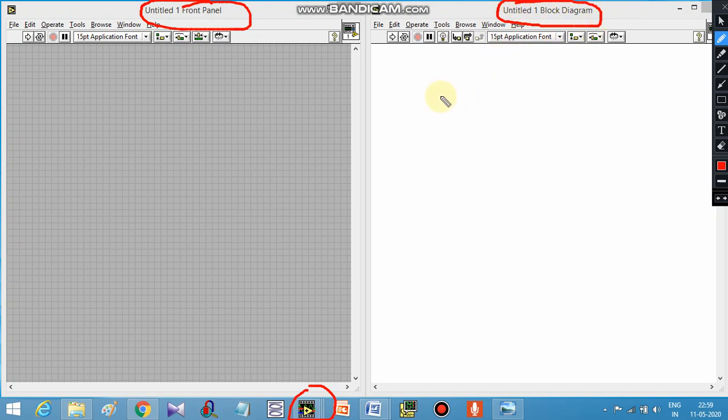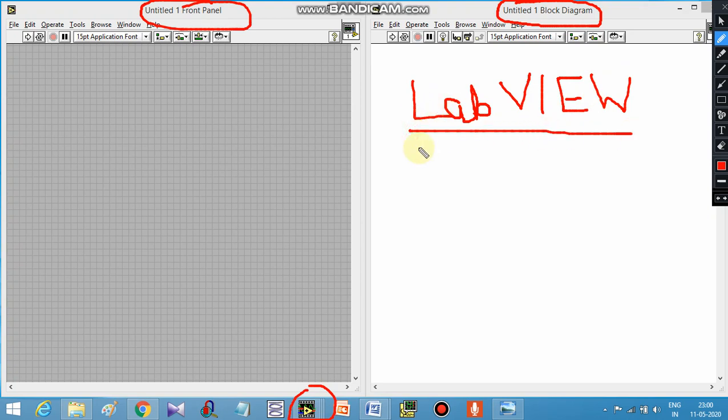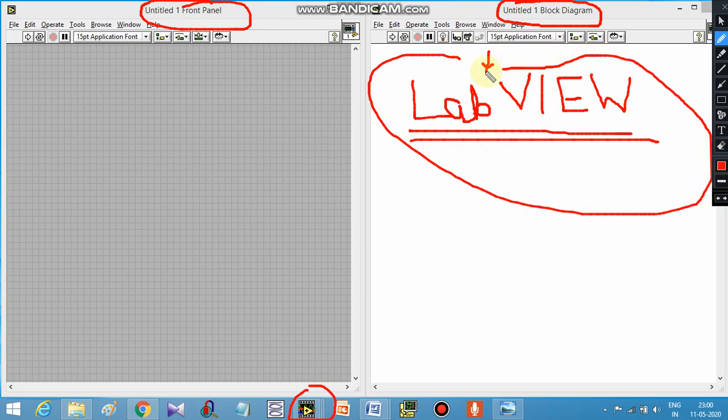First of all, install LabVIEW in your computer: LAB, then VIEW in capital. There is no blank space in between lab and view, it is the same word. Download the installation copy of this software.